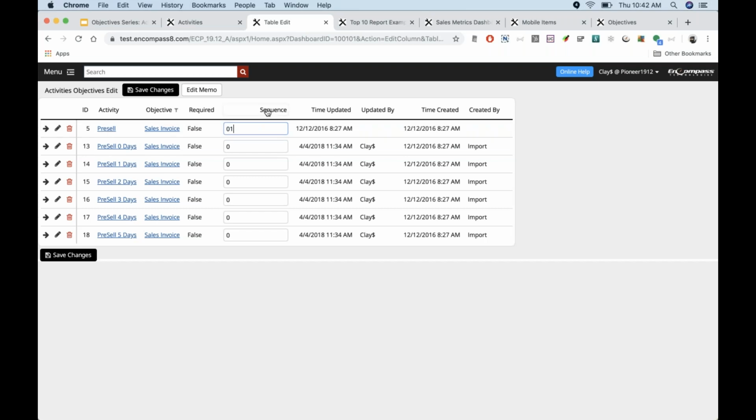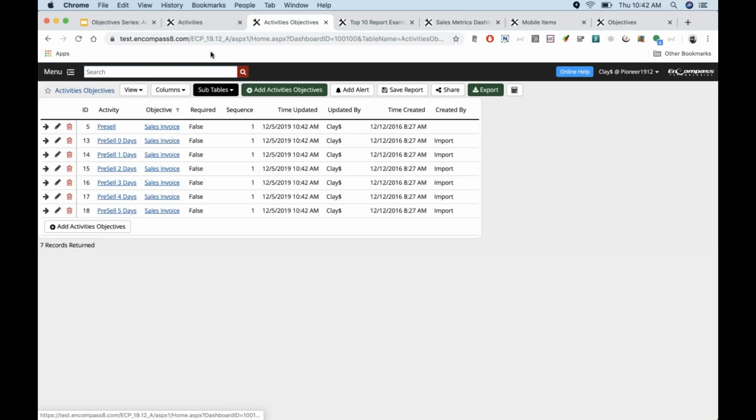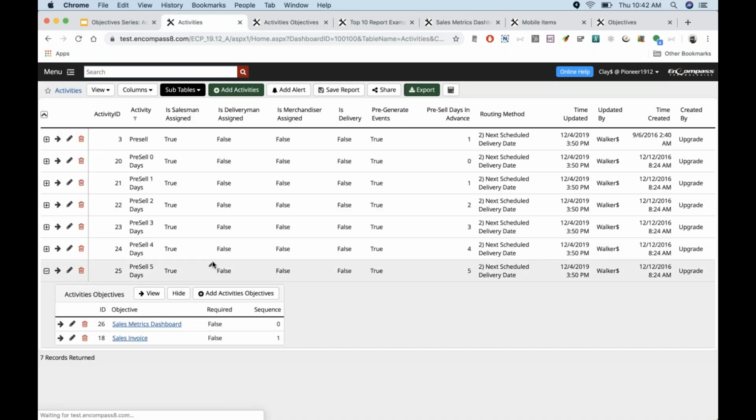We're going to change these all to 1. Fill down, save changes. Then if I go back here and do a quick refresh, now we can see anytime they go into one of these pre-sale activities, the sales metric dashboard is going to be at sequence 0, meaning that's the first thing they'd view. And then the sales invoice would be the second thing that they would do, okay?